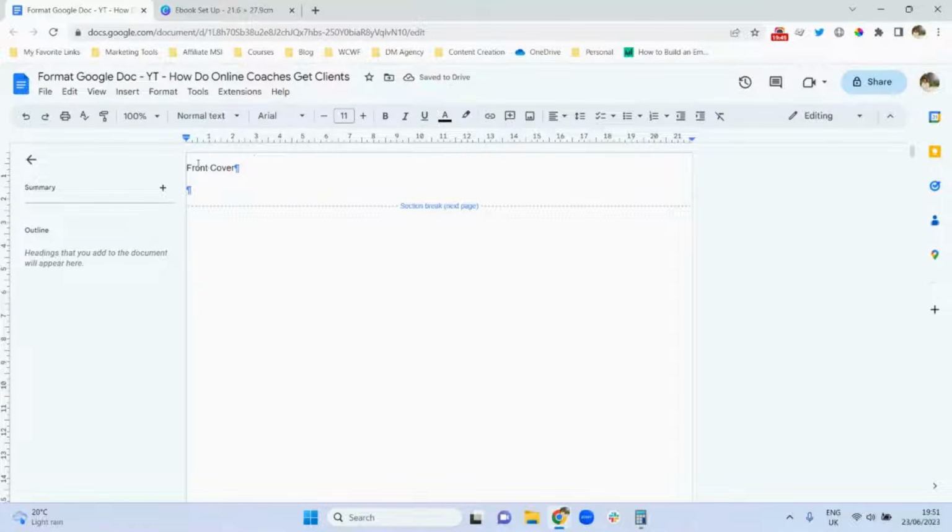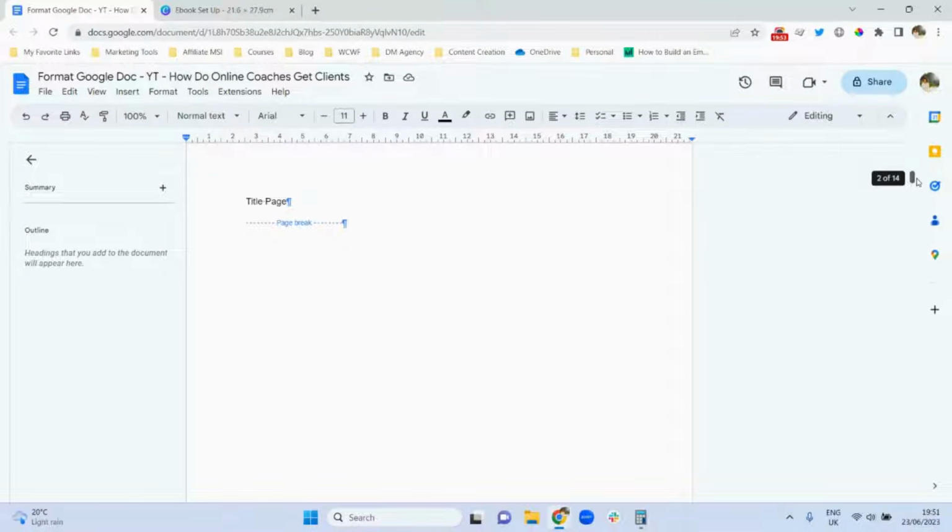So you will see that I have no margins on my front cover page, but if I scroll down to the title page, I do have margins here. Okay, so my pages are set up just the way I want it. Now,